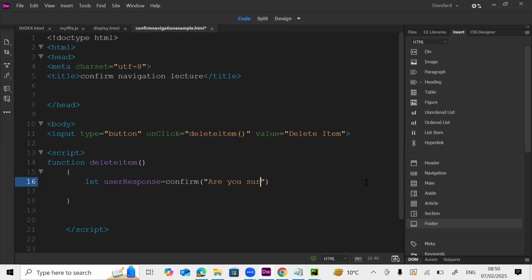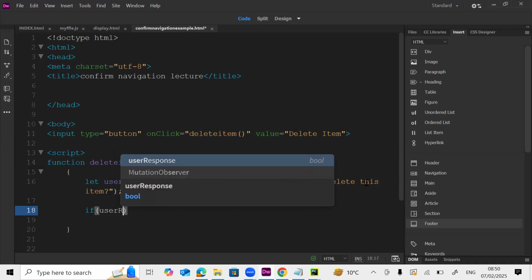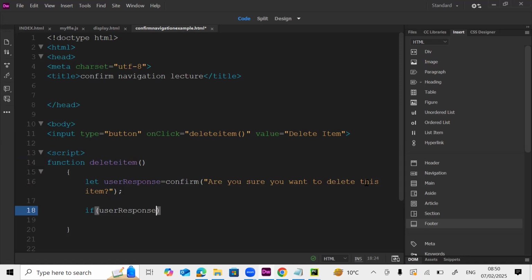Are you sure you want to delete this item? ठीक है, और मैं कहता हूँ इसमें ठीक है, राइट. और यहाँ मैं कह सकता हूँ कि if user response, ठीक है, जो भी रिस्पॉन्स होता है उसको हम कहते हैं अलर्ट. हम दे देते हैं इधर